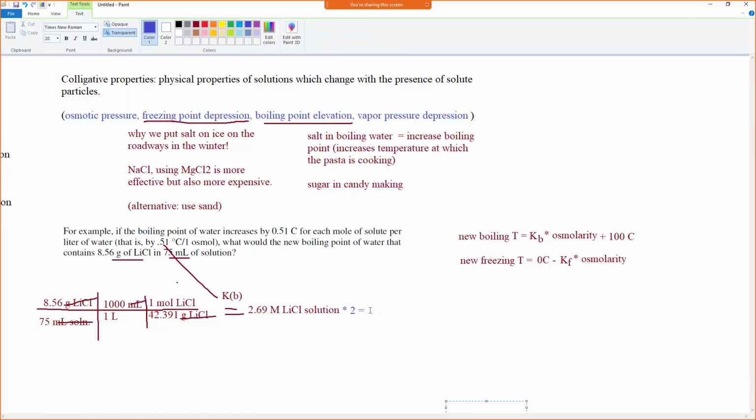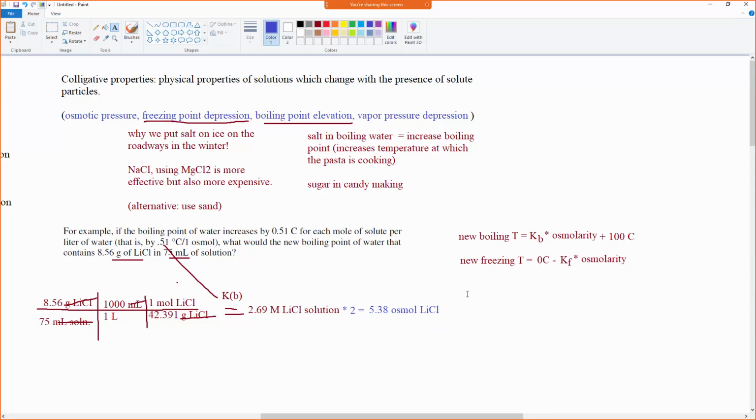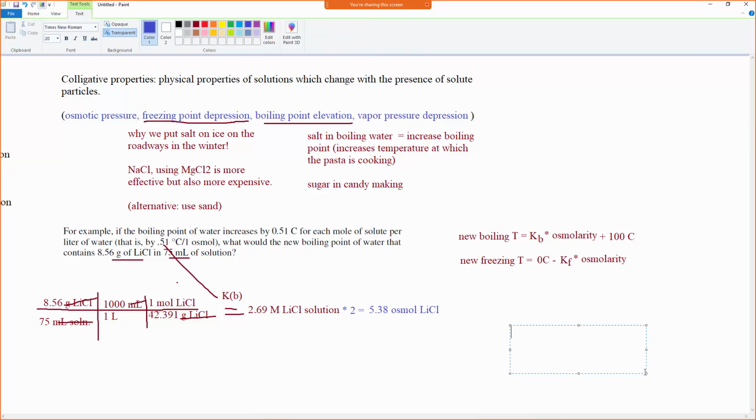5.38, yeah. Osmol LiCl. Good. And now we can plug it in here and say, okay, if we have 0.51 degrees Celsius per osmol, which is basically what that says, that's my KB. Multiply that by my 5.38 osmol